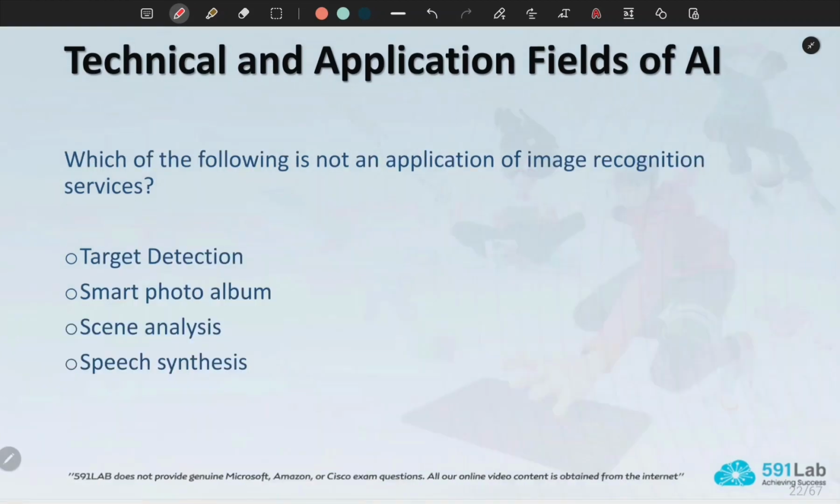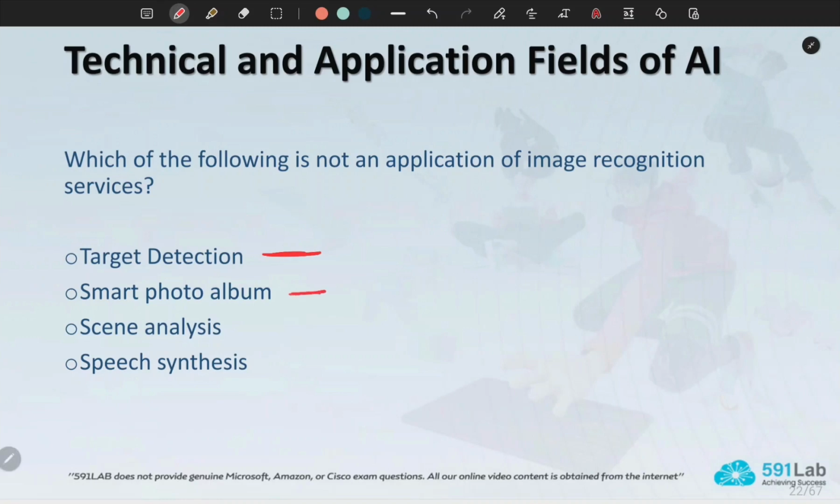Now choose the correct answer. Which of the following is not an application of image recognition? Target detection, smart photo album, scene analysis, or speech synthesis? Of course, we said target detection is the use of image processing to recognize targets in the photo or video.